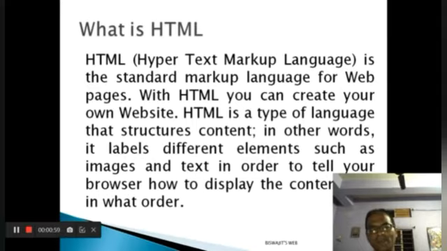Now, what is HTML? HTML is used for writing web pages. Rather, you can say that it is used for building websites. It is different from a programming language because we don't use controls like if, else, while, loop here. These flows and controls are not used here. It is called a markup language because we are going to use only simple tags. So let us see what we are going to use.